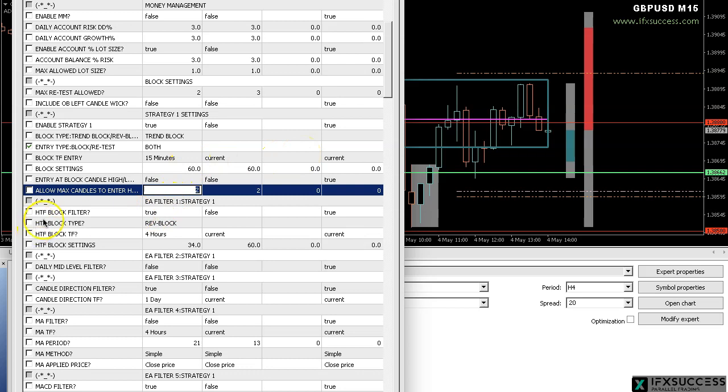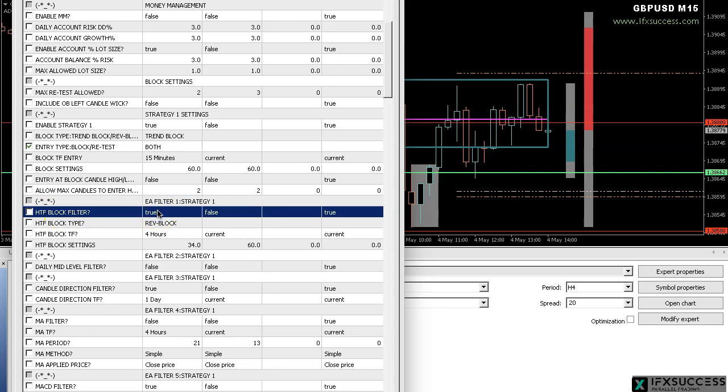All right, so now higher time frame block filter. Yes, we want to enable that because we want to go based on a higher time frame trend, which sometimes works, sometimes doesn't. Just because the 4 hour is on a trend does not mean that a buy entry is always going to work out. So now I'm going to say yes, and I'm going to choose, for this example,